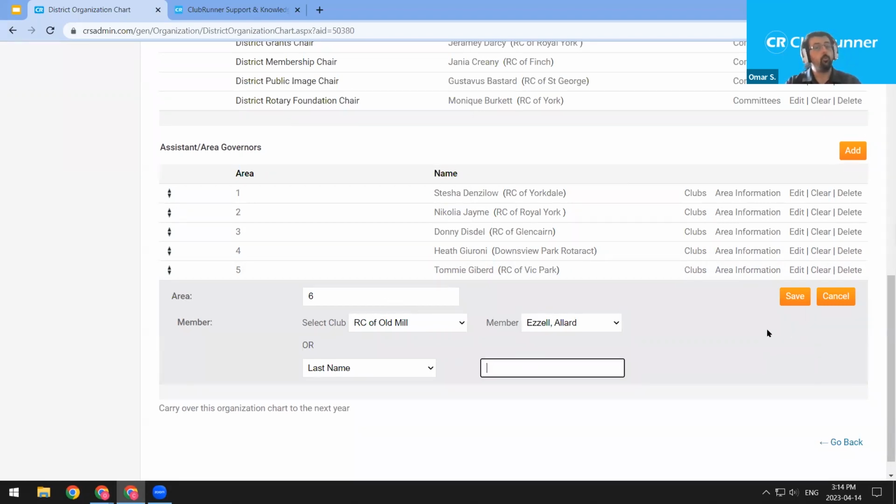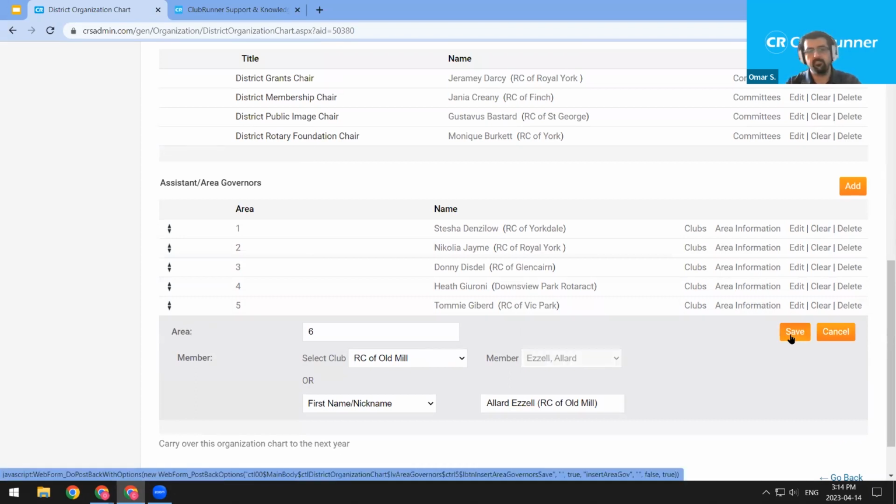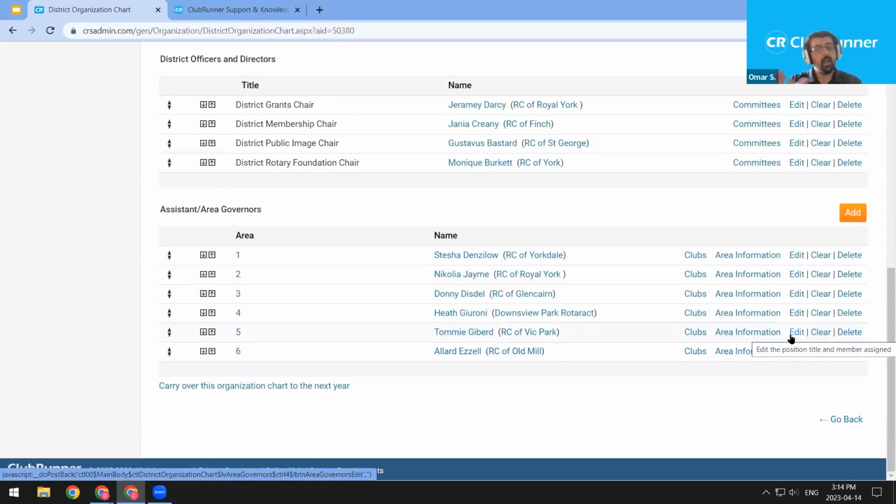You can also search for a member using their last name or first name. If you want to search by first name, you would click this last name dropdown, then choose first name. Let's do that. I'm going to choose first name, and then we can search for the member. If I want to find Allard again, I would just enter ALL, and I do see a few Allies, Allards, yep, and there's Allard Azell from the Rotary Club of Old Mill. So you can use either of these options to set any district executive or area governor. Last step is to click the orange save button on the right side of the page. Perfect. So now Allard is set